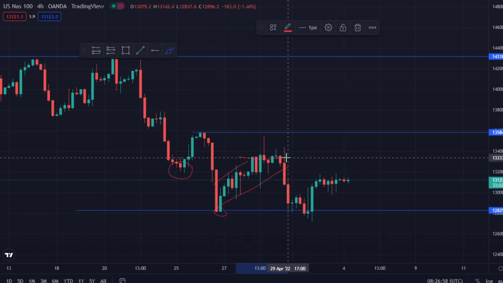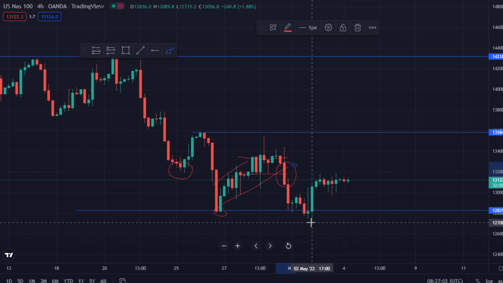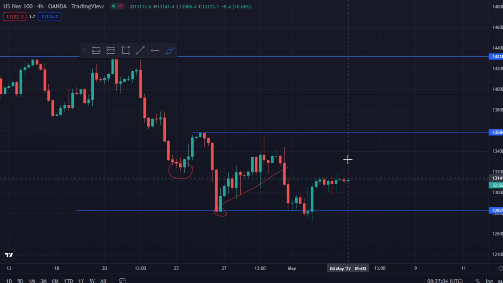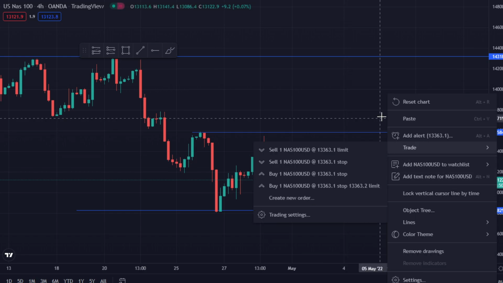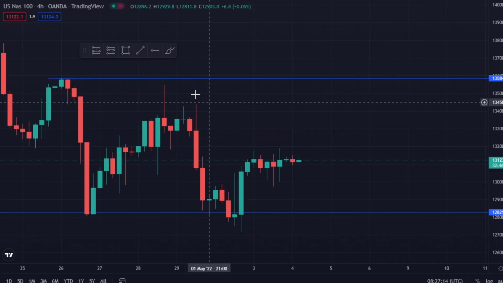We formed this double top, price broke the structure. There was a beautiful entry, and price continued to the downside, right? So now we can see that on a 4-hour time frame we're bearish, daily time frame we're bearish. So now this is going to be the area, guys, that I most likely would love to see price